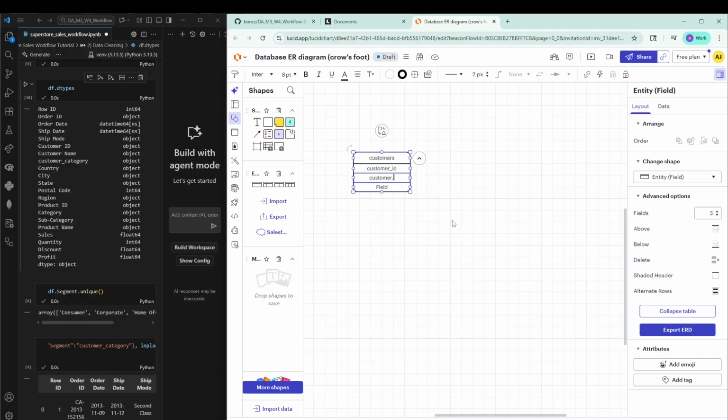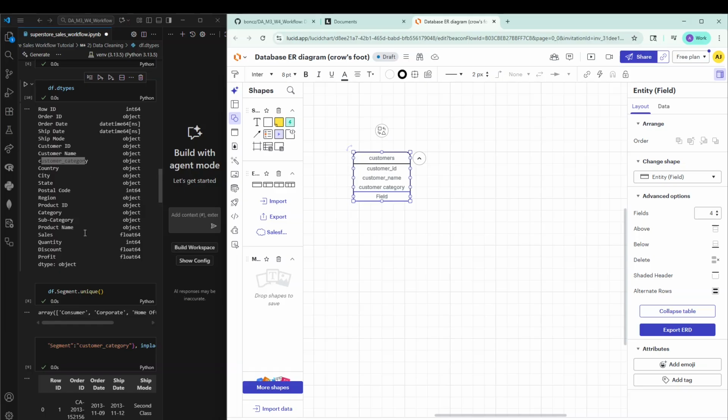There's customer name. For now, we're leaving the name as a whole. Very often you do see a separation between first name and last name, and that granularity is probably good practice, but in this case, I'm just going to leave the name. So we have customer name. We also have customer category. If you want to add more fields, it's over here on the right. You can add,